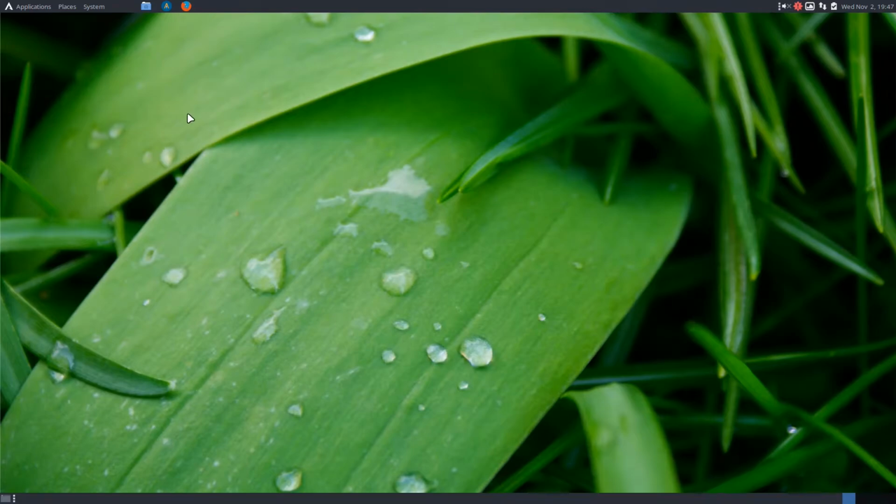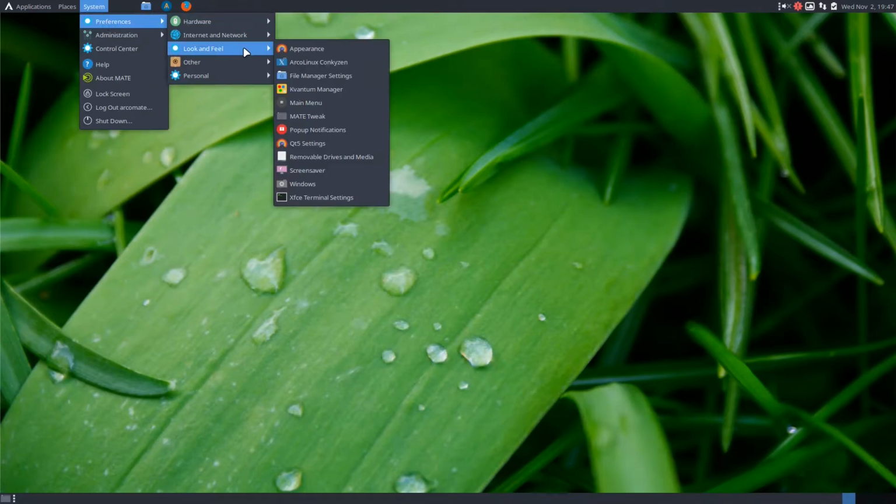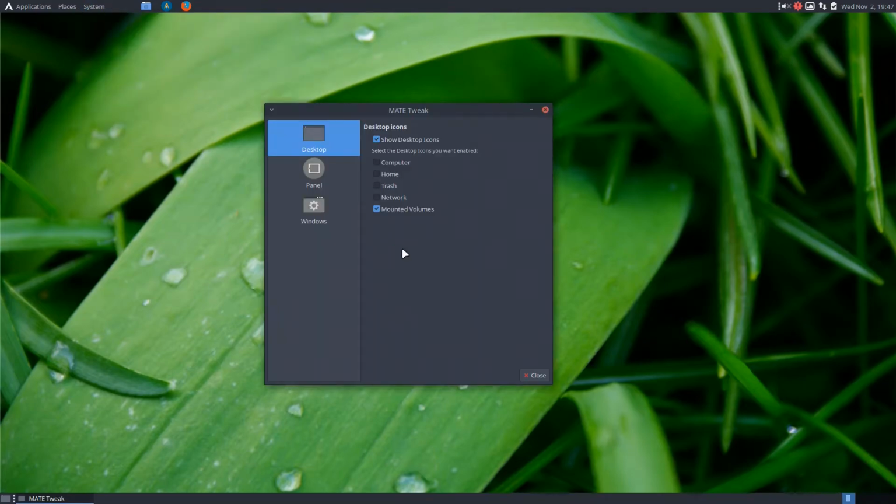The other thing that you will notice also is you will have here in the look and feel, you have Mate Tweak. If you remember in Fedora, in my first video, Mate Tweak was not available because it caused problems. That's why they did not include it. It was not included in Linux Mint, but here ArcoLinux included it, and